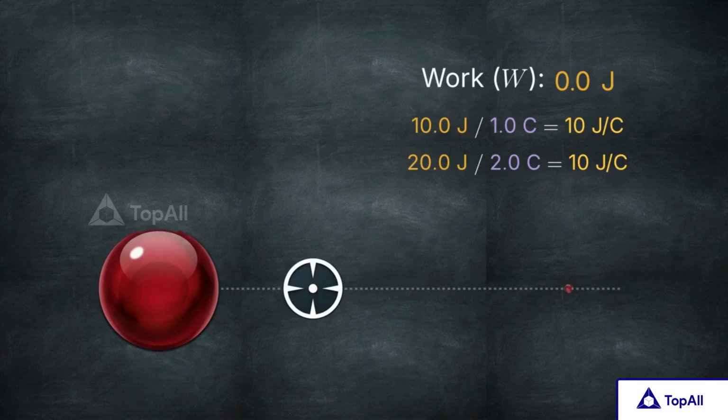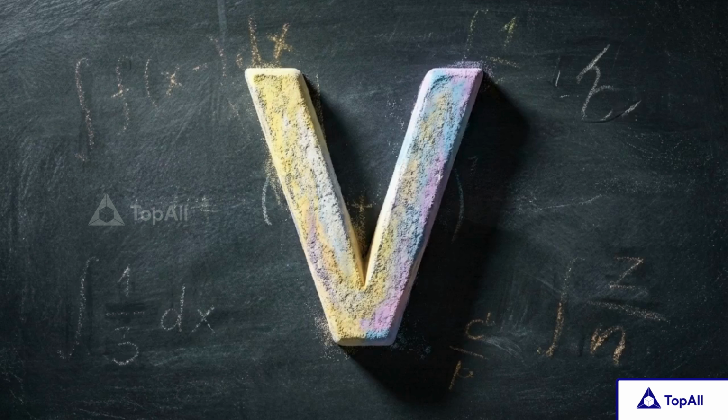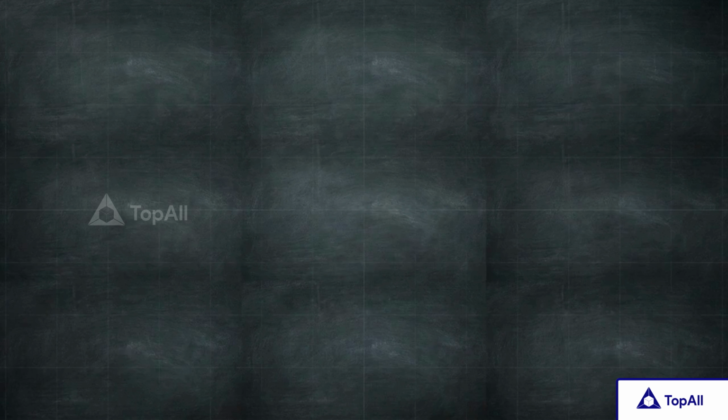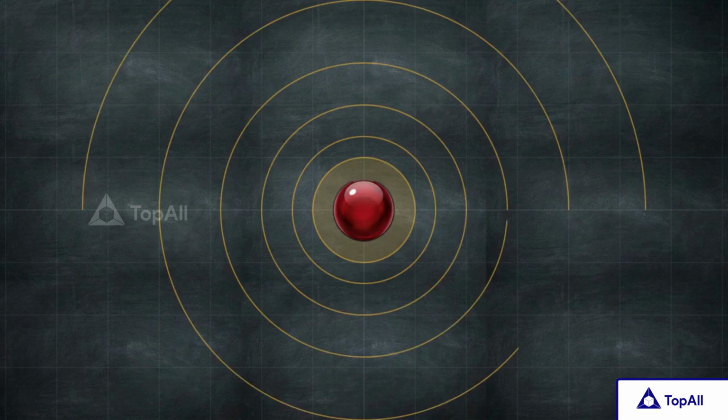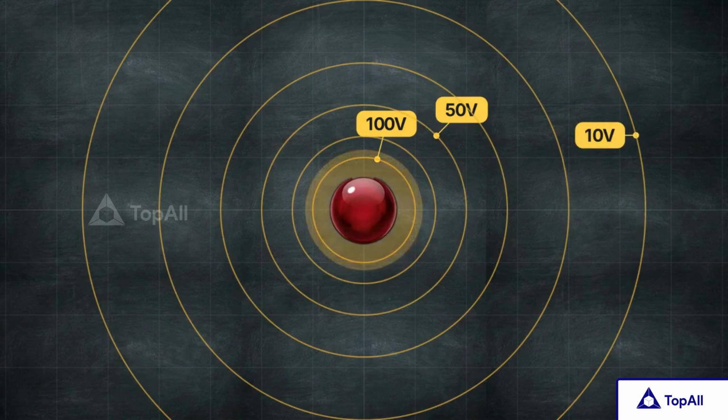at the origin. Dividing the total work by the magnitude of this test charge yields a value that remains consistent regardless of the probe's own size. This resulting quantity is the electrostatic potential, denoted as V. Electric potential provides a scalar map of the environment. It assigns a specific energy value to every coordinate, representing the energy cost of occupying that position relative to the